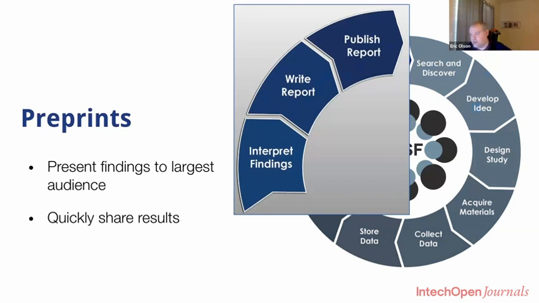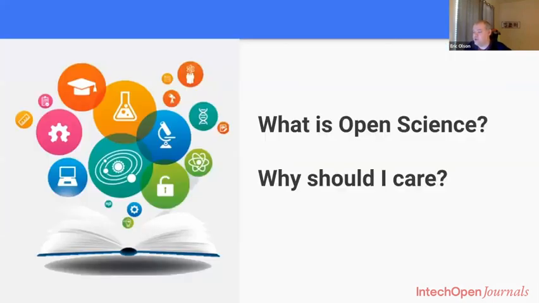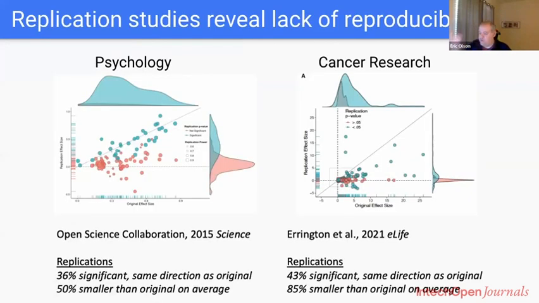You can actually get those findings out quickly, and you could do all of these things on the OSF or connect them with other repositories like Figshare. You can connect your preprints to those, or your study plans to those as well. And just to give you an idea of why this is important,